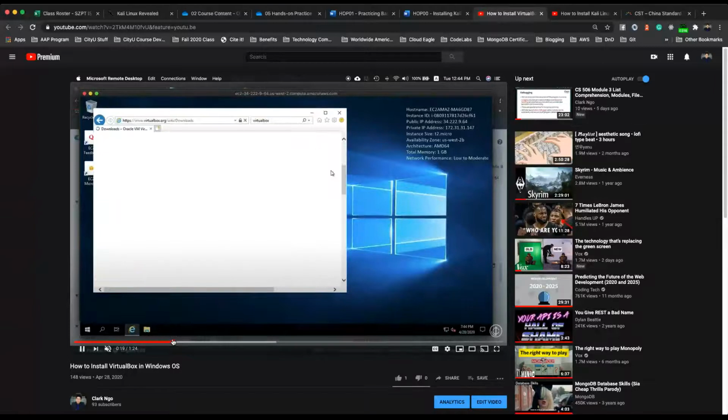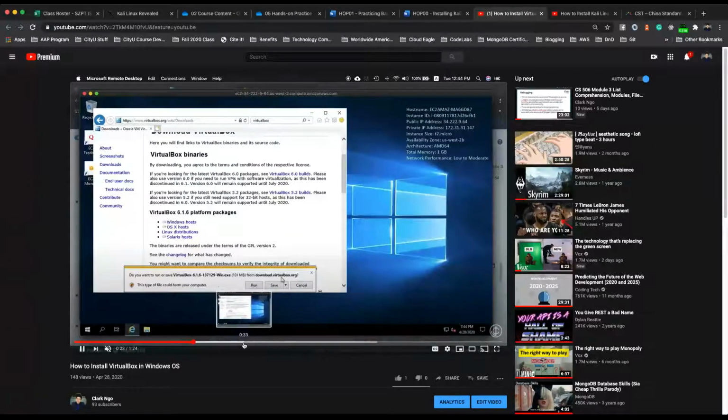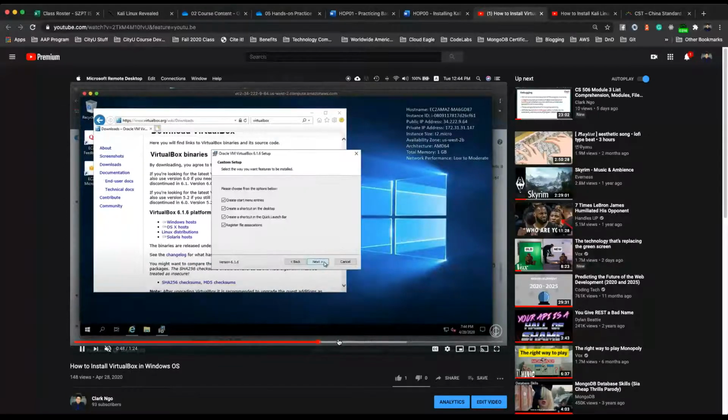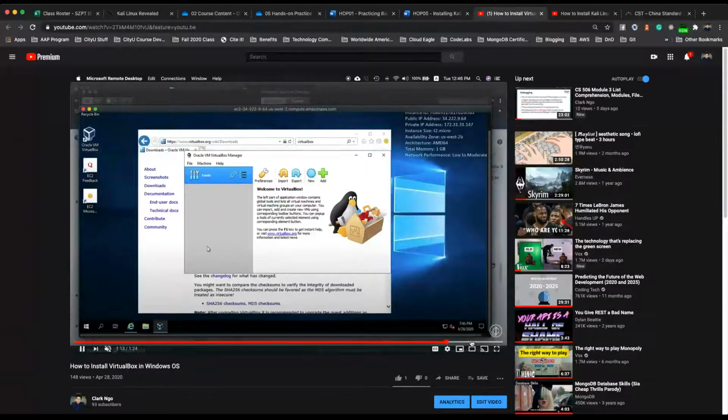So again, you start off by going to the website, which is fairly easy. Once you're on the website, you download it and run it. You install it. This should be pretty straightforward on Mac OS as well.